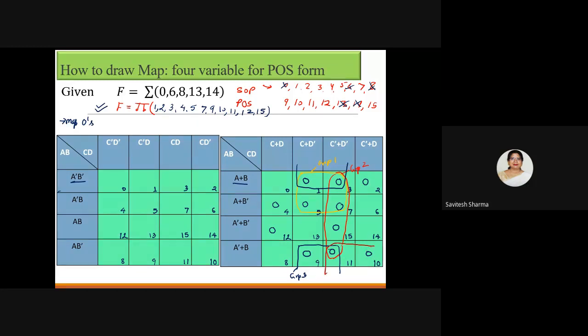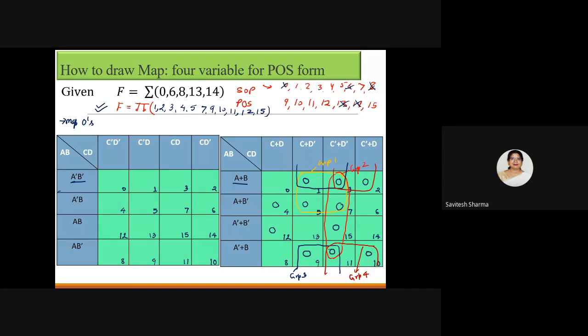Because this 0 is left now, and this 0 is left. So this is the thing you should have good practice. Then you will notice fast. So grouping is easy, but you should notice it fast. Otherwise, your expression will come, it will be not a minimized term. Okay. So you should have good practice.